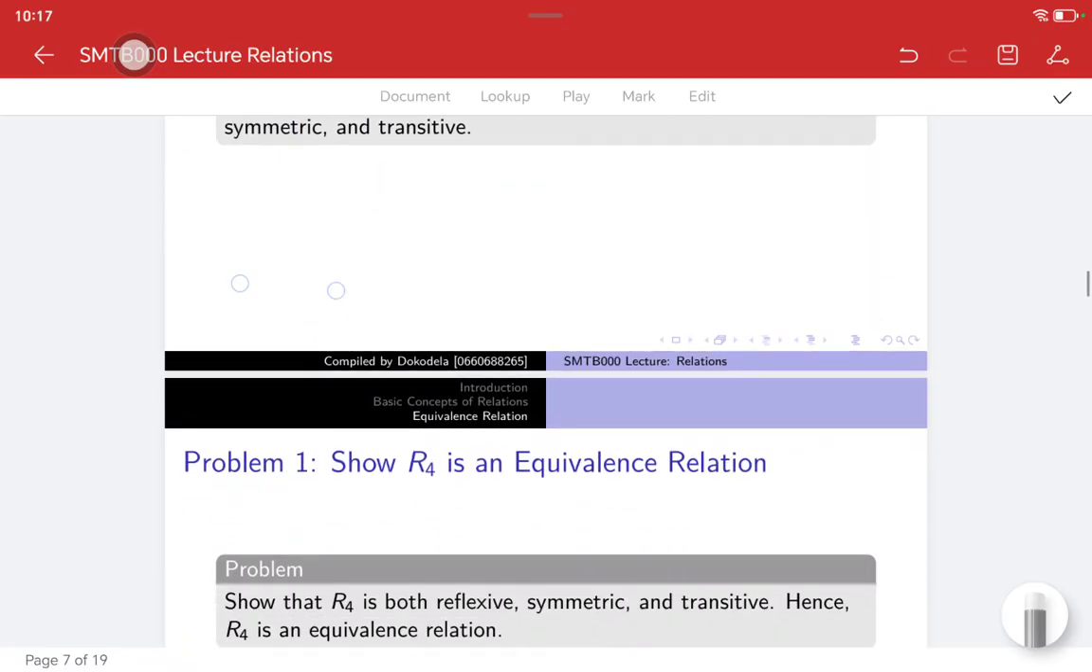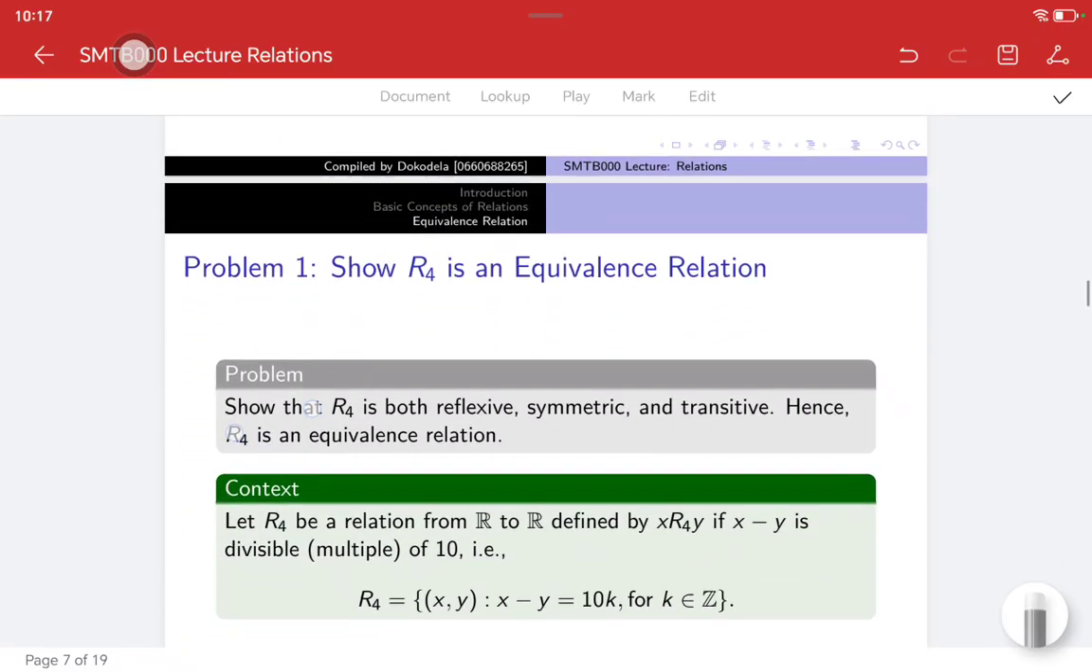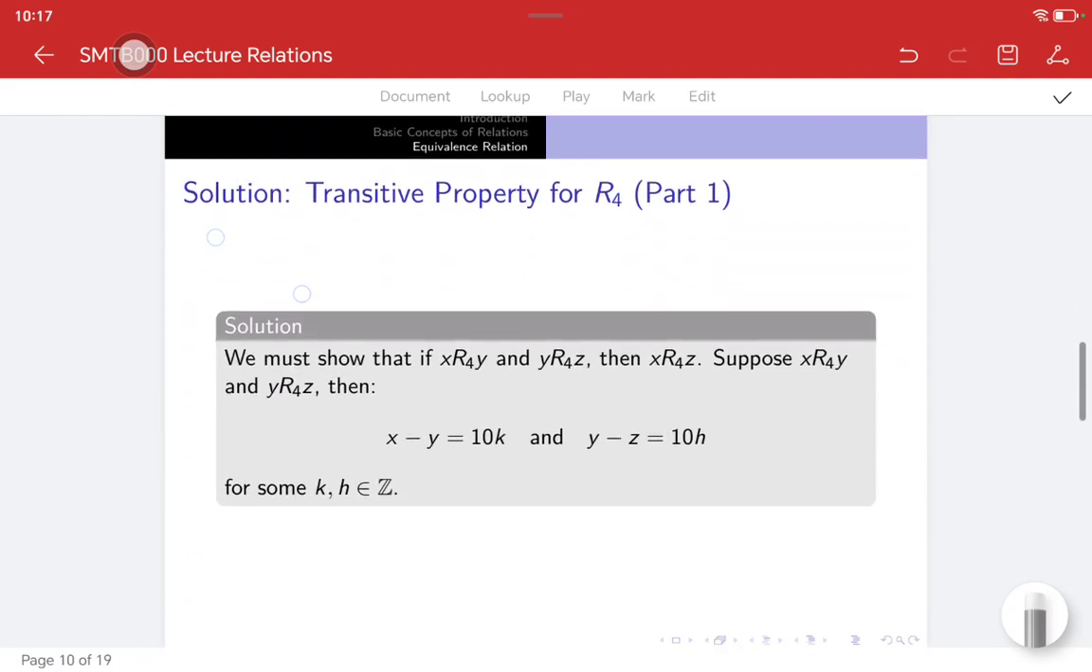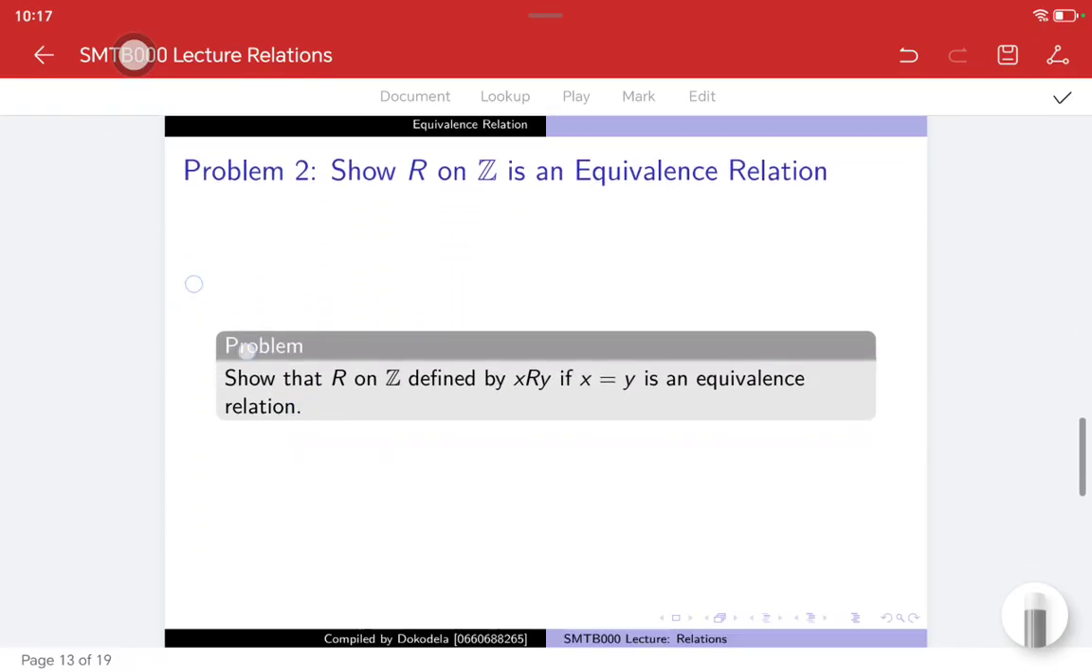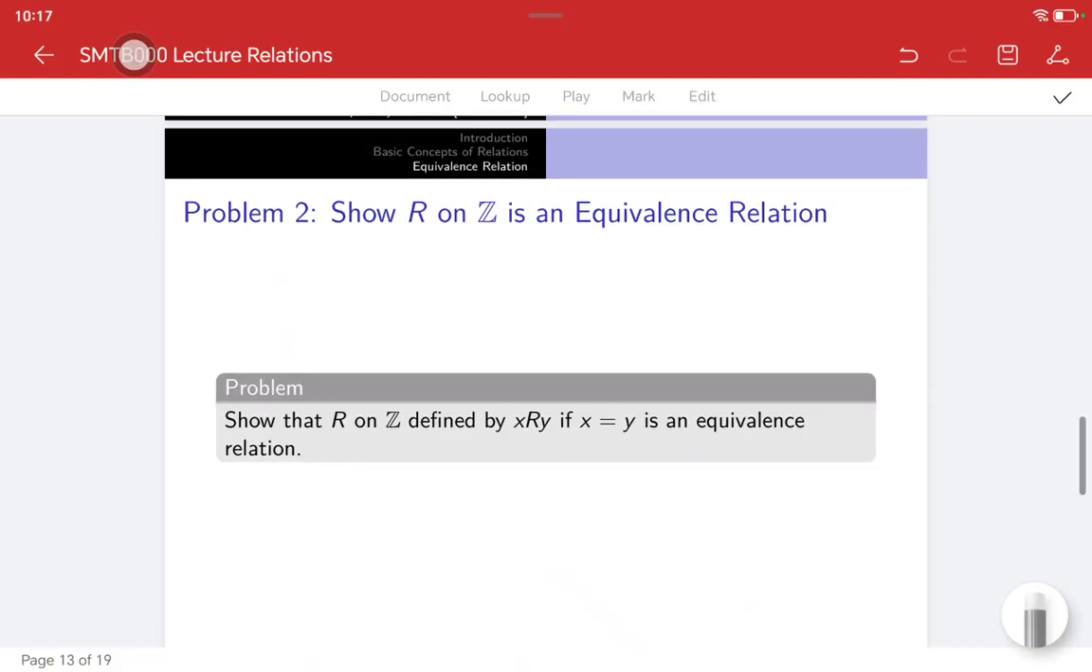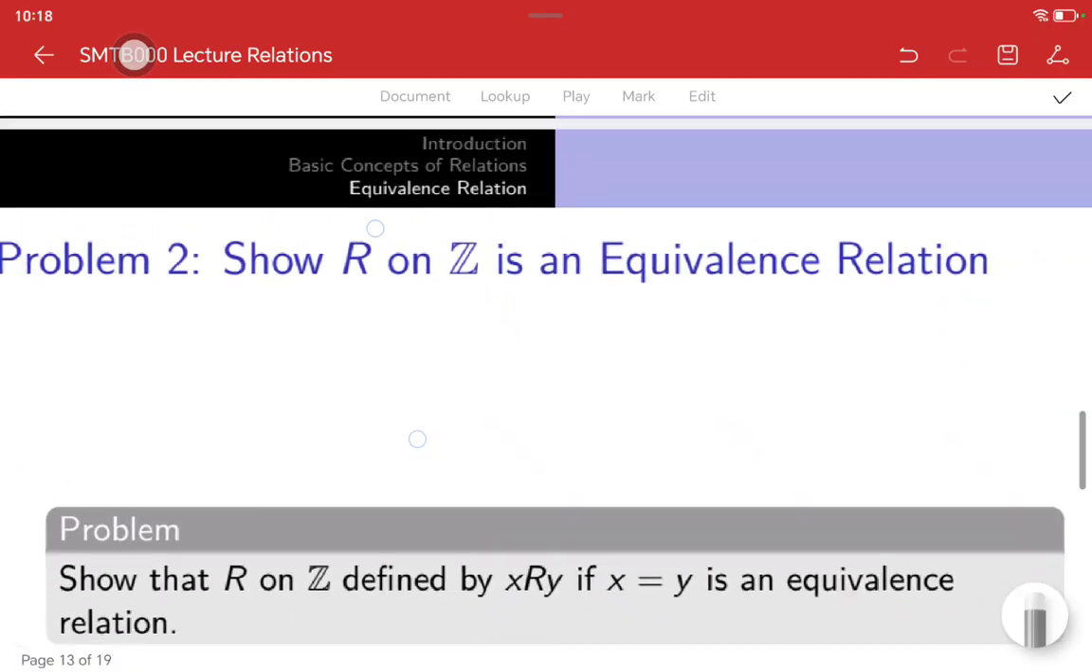So now when we come here, we have one problem that says we must show that R4 is an equivalence relation. But let's start with this one. They say show that R on Z defined by X related to Y if X is equal to Y is an equivalence relation. So in other words, this is the same thing as saying that